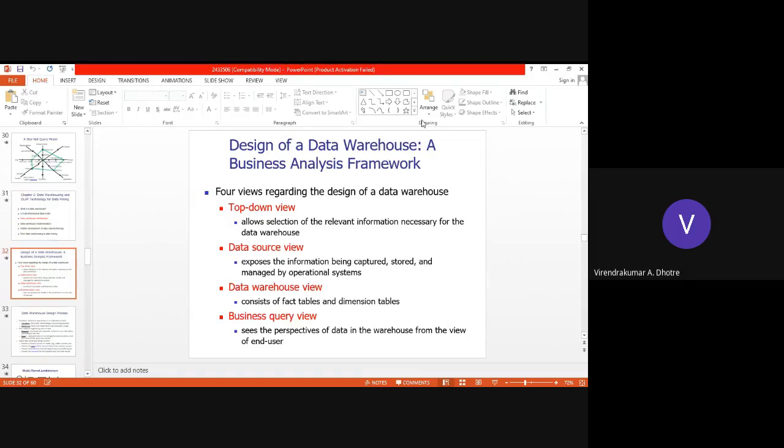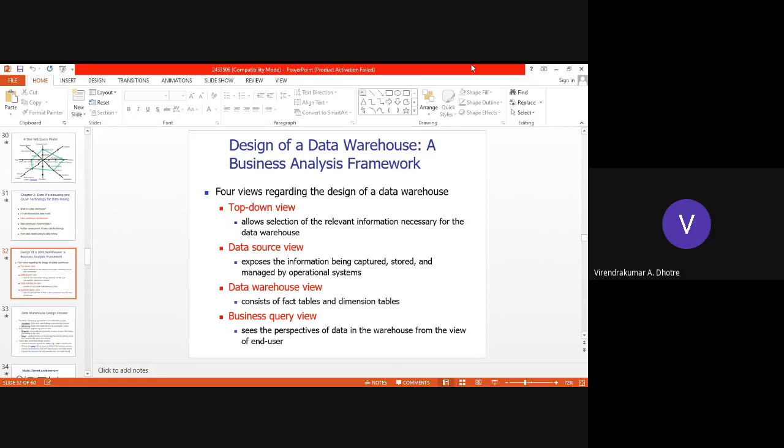So in top-down view, if we do have this view in mind while design, the necessary relevant information for data warehouse can be selected. Our requirement is to select the needed information, and definitely top-down view gives you better results.